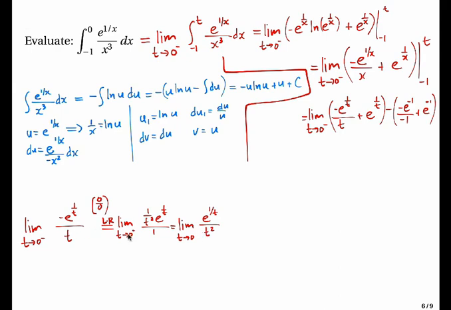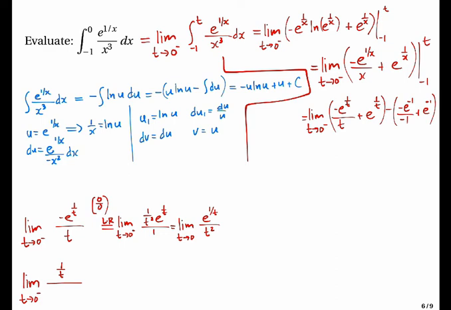So what I'm saying is we are not going to apply L'Hopital's rule in this particular form. So what we're going to do is to rewrite the expression in the following manner. So limit as t goes to 0 from the left, we will rewrite this as 1 over t